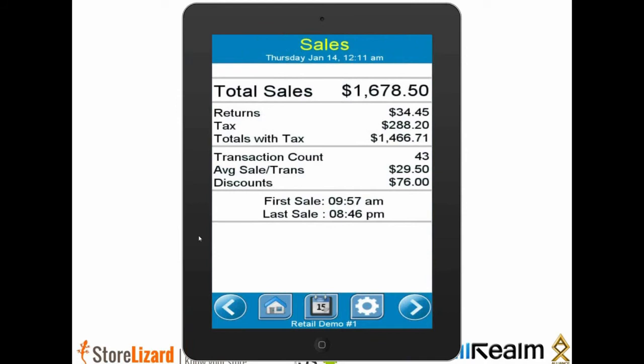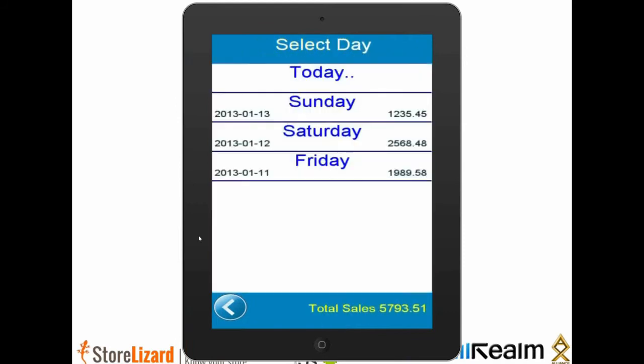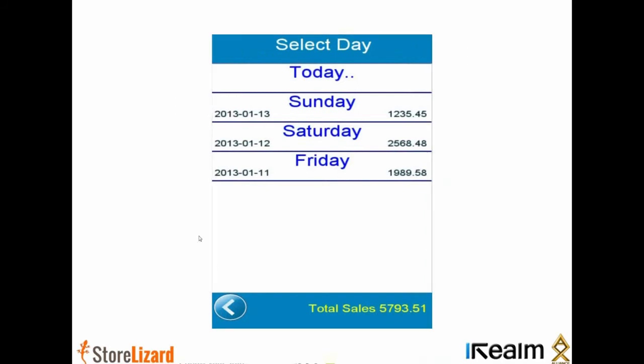Right back to the screen. So if you wanted to, one big feature here is depending on how the software is configured at the store level, you can hit the calendar item on the bottom of the screen, and that'll give you a list of past sales. And based on the configuration, currently it stores 7 days worth of information. So you can really go back to any day within the last 7 days to see how that day was doing. So for example, on the bottom you can see a running week-to-date total